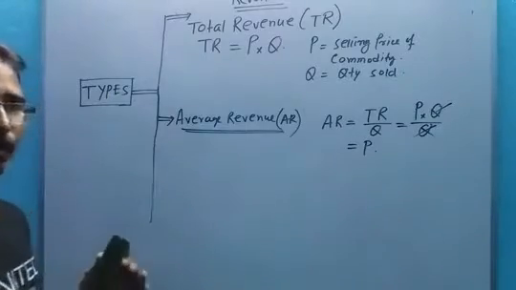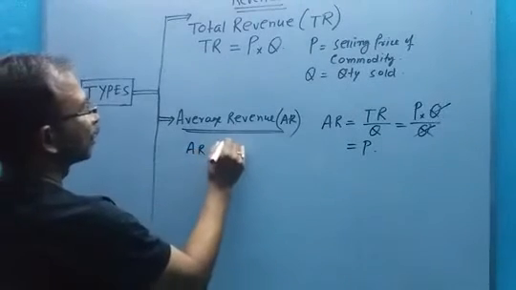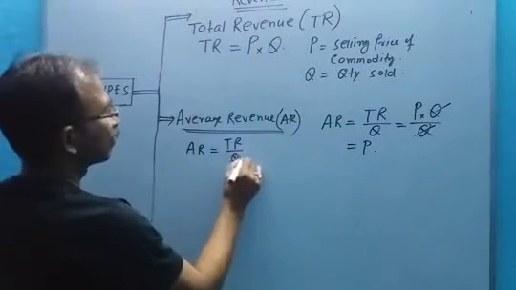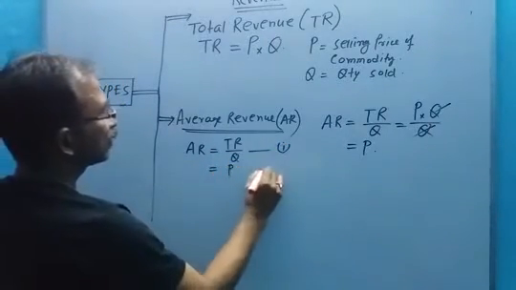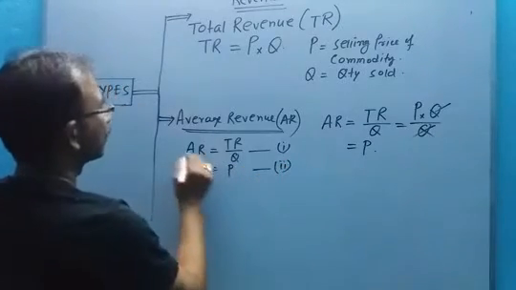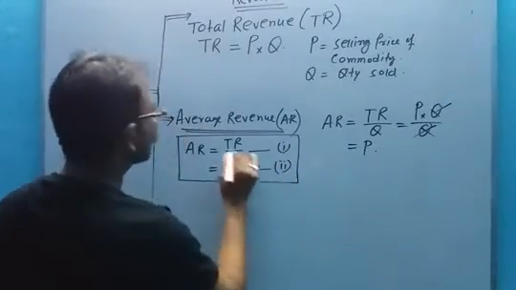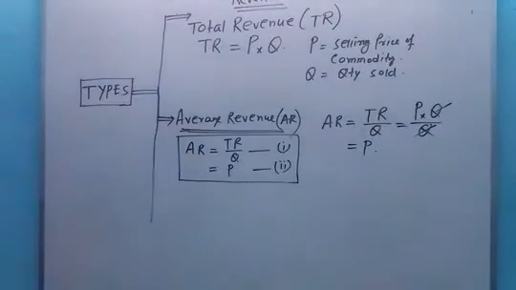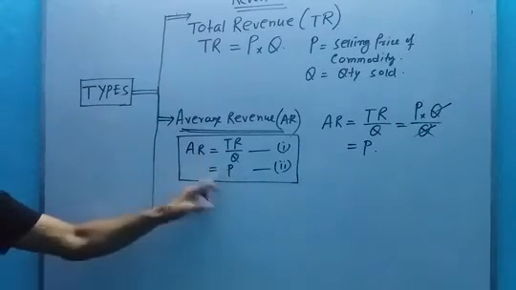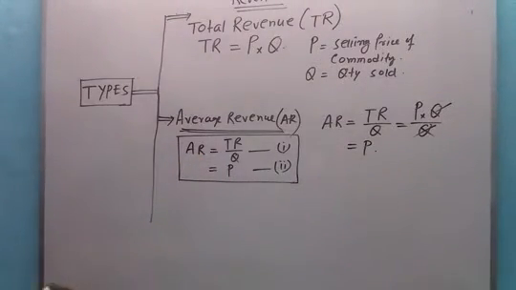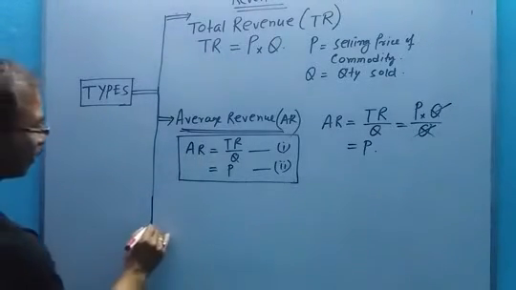Now always keep in your mind that number 1, AR is equal to TR by Q, and number 2, AR is equal to P. When we are going for any type of numerical problems, we have to apply the concepts AR is equal to TR by Q and AR is equal to P. Understand? Now the third type of revenue is